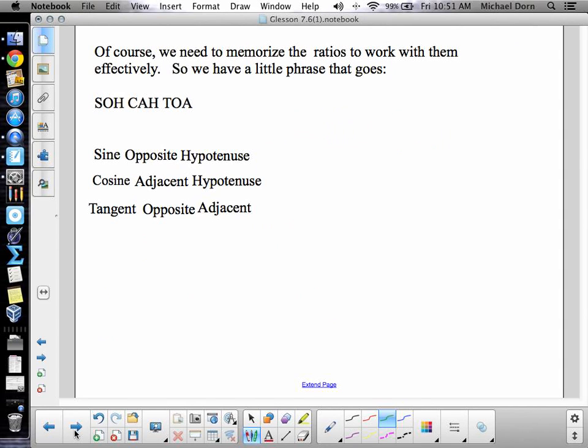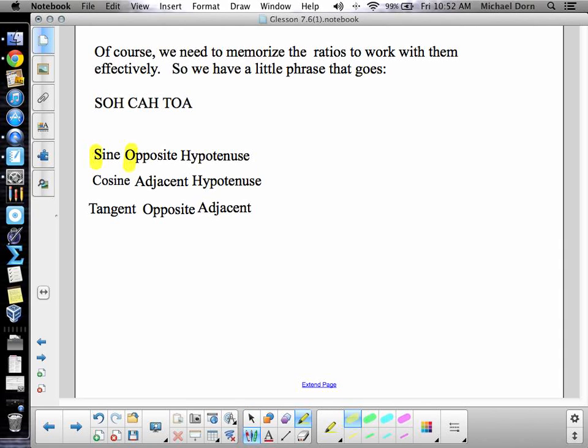So how do we remember this? How do we remember these ratios? There's a phrase that has been taught, I don't know how long, since I was a student and before, so that's basically back in the Stone Age. But our little phrase goes like this, SOHCAHTOA. And if you ask anybody in any math beyond geometry about SOHCAHTOA, they will remember. They might not remember what it means, but they'll remember SOHCAHTOA. It stands for